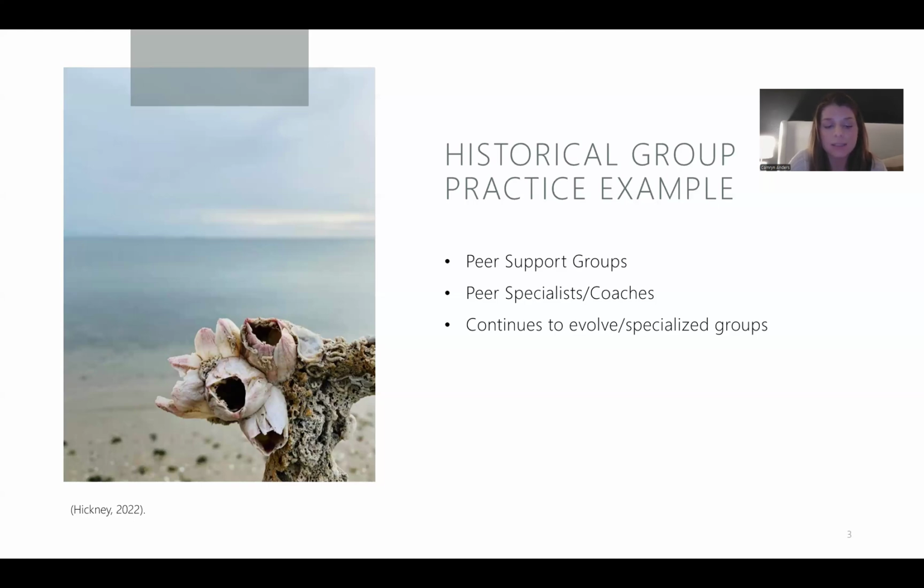Additionally, the success of these peer support groups is largely based on human connection as the group members bond and develop lasting relationships based off of those shared life experiences and that shared hope for the future as they invest in one another. Again, as time continues to change and people evolve, the variety of groups starts to expand as well, and there's more specialized groups these days, such as LGBTQ plus groups, substance abuse groups, grief groups, social groups, educational groups, and so many more. And like I stated earlier, they're each serving a different purpose with different goals and backgrounds.